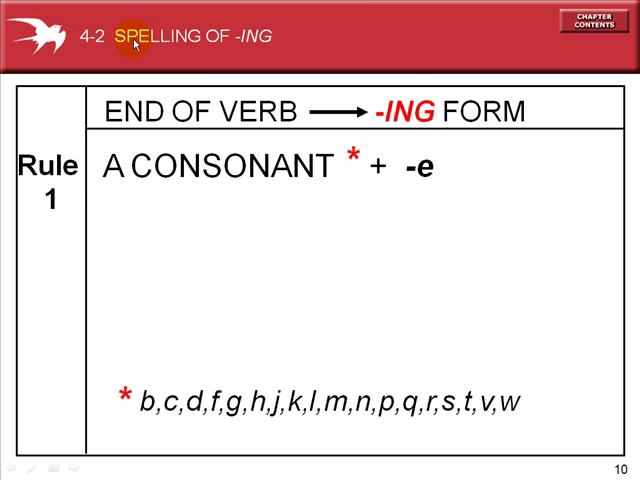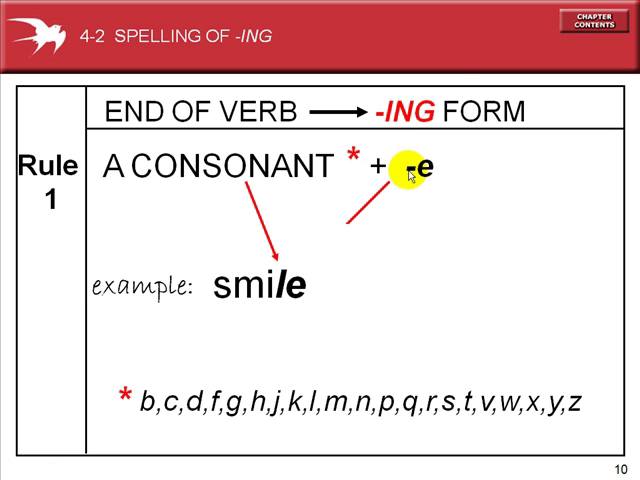Section 4.2, spelling of ing. Here's the first rule. At the end of a verb, if it ends in a consonant, the red asterisk refers to all of the consonants in English plus the letter E. An example of a verb that ends in a consonant, L, plus the letter E is the